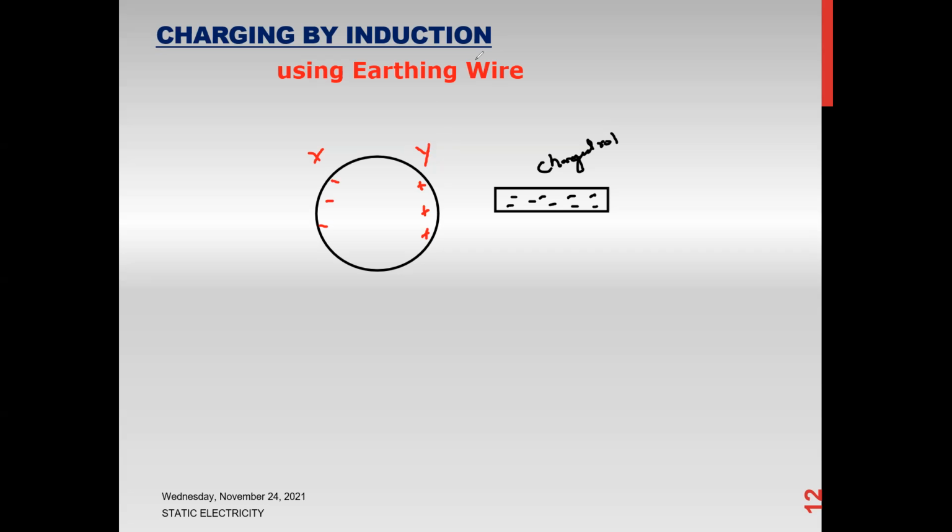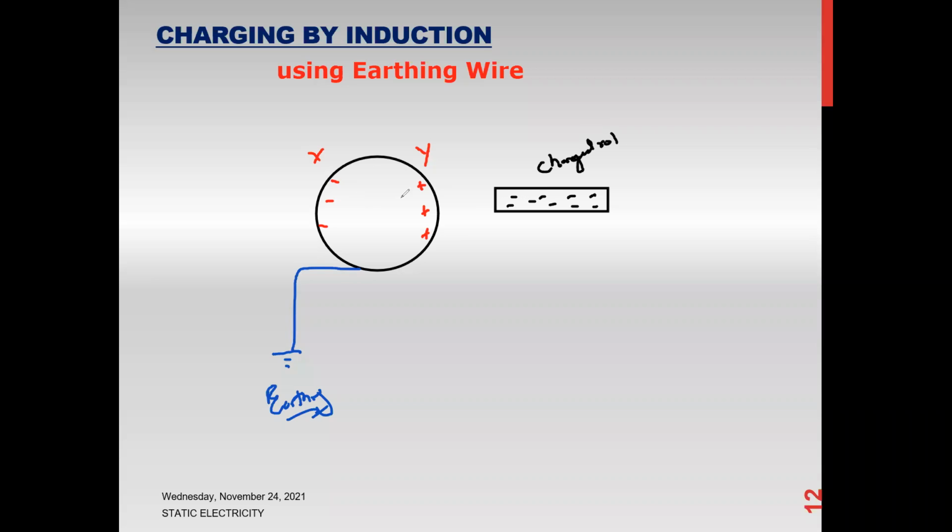Now what we do is connect a wire anywhere; it does not make a difference. So if we connect a metal wire, which we call earthing, this is the symbol for earthing. This is a metal wire. Because the charge rod is repelling the electrons, and negative charge here refers to electrons, because in the metal the negative charges are electrons. Positive ions cannot move, only electrons can move within the metal.